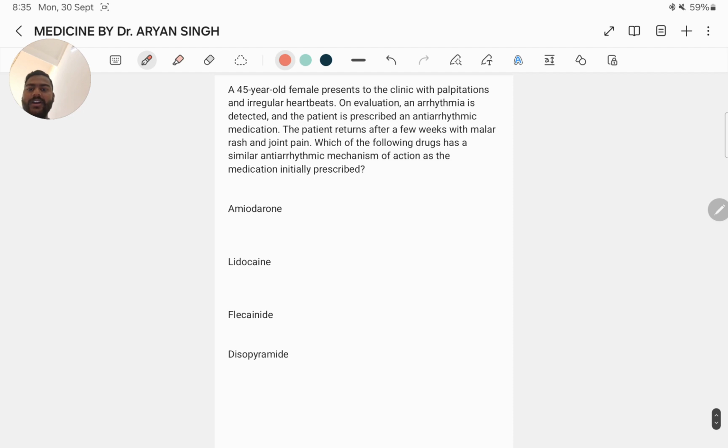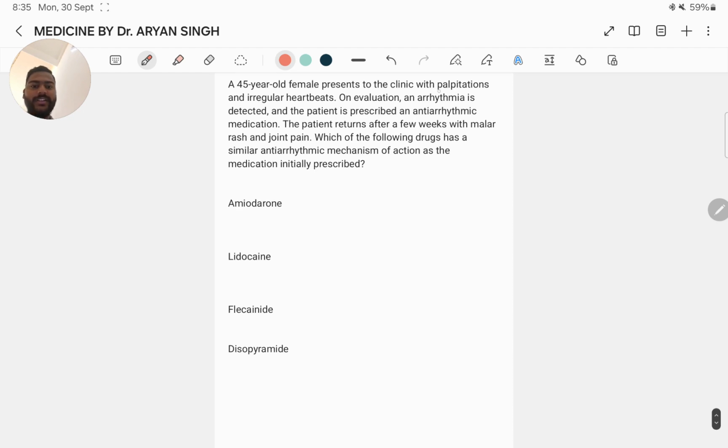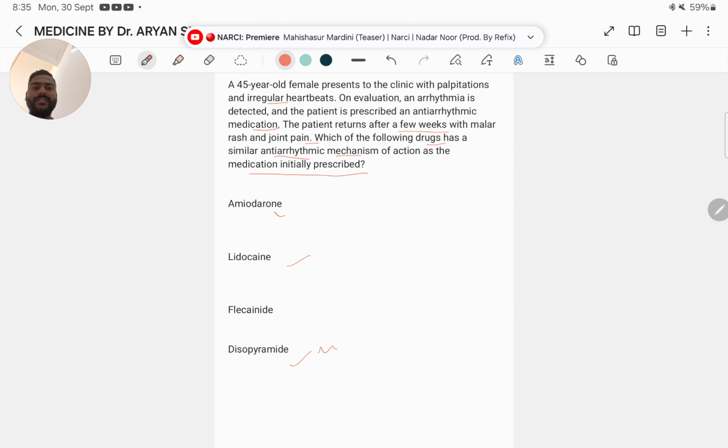Next question. A 45-year-old female presents to the clinic with palpitation and irregular heartbeats. On evaluation, an arrhythmia is detected and the patient is prescribed an antiarrhythmic medication. The patient returns after a few weeks with malar rash and joint pain. Which of the following drugs has a similar antiarrhythmic mechanism of action as the medication prescribed? Amiodarone, lignocaine, flecainide, disopyramide. Disopyramide is the correct answer, because the drug initially prescribed to the patient